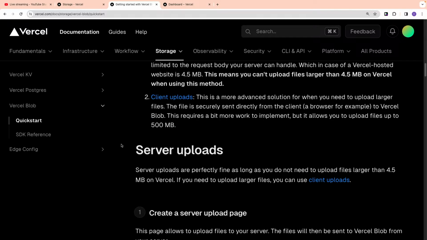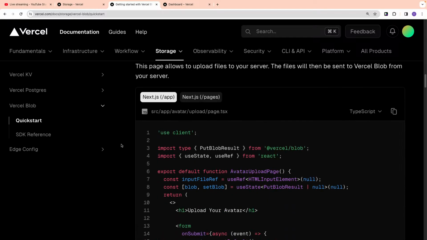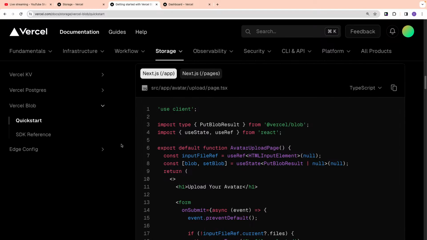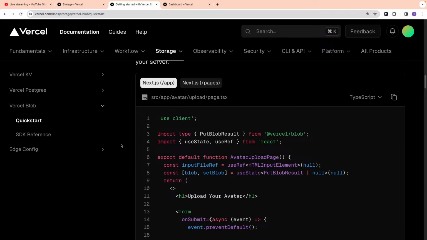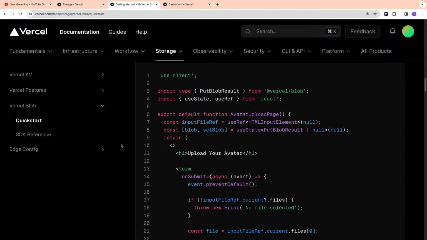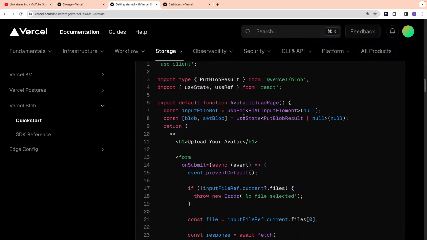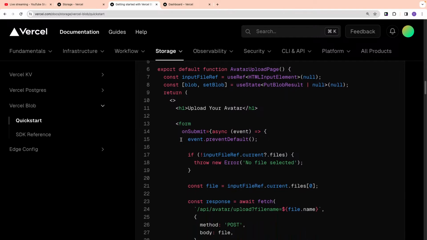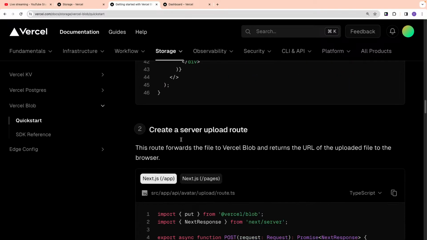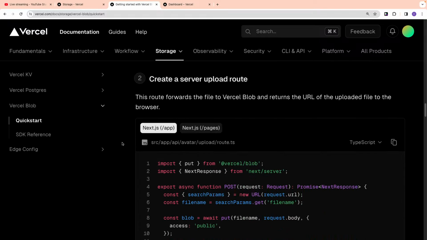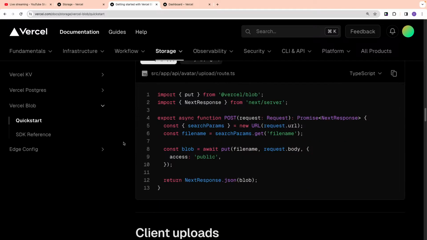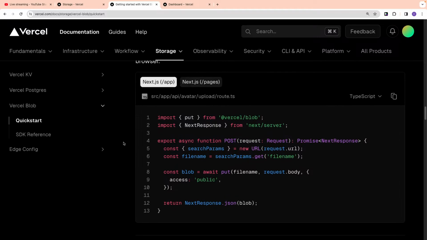Server and client uploads. Server uploads. App, upload page dot tsx, default export of the upload page, input file reference, and set blob, useState, on submit. What is this? Create a server upload route. This route forwards the file to the blob and returns the URL of the uploaded file to the browser. So this is